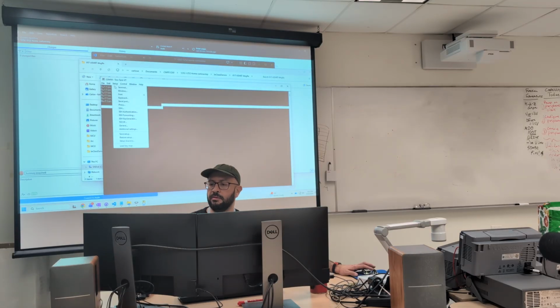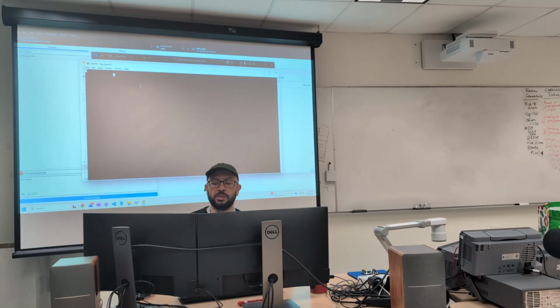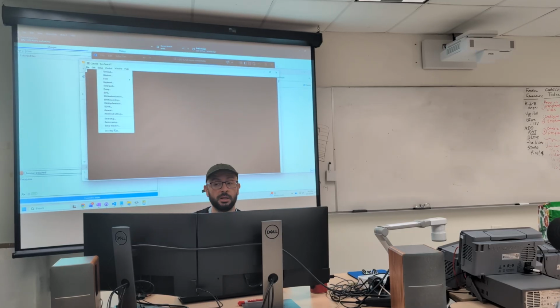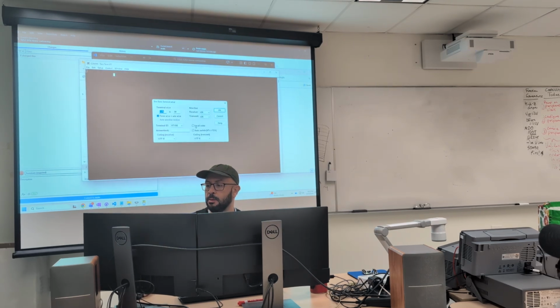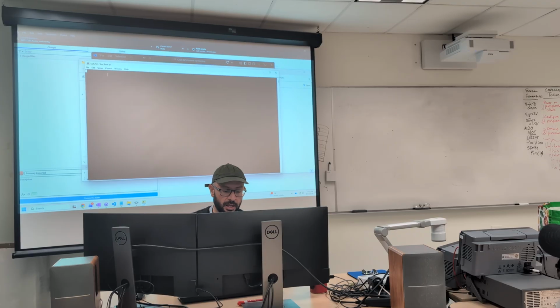Okay, I'm gonna clear the buffer. And I'm going to send a message, but I'm going to enable the local echo so I can see what I'm sending, because I'm not echoing the character anymore. I'm just putting the characters into the buffer, right? So I'm gonna say serial ports, not serial ports, sorry. Terminal, enable the local echo. So I'm gonna say, hello, CMPE 1250, and nothing else. I'm not gonna press enter.